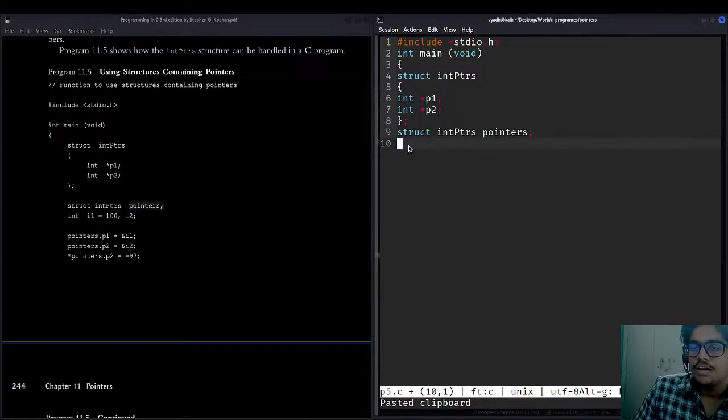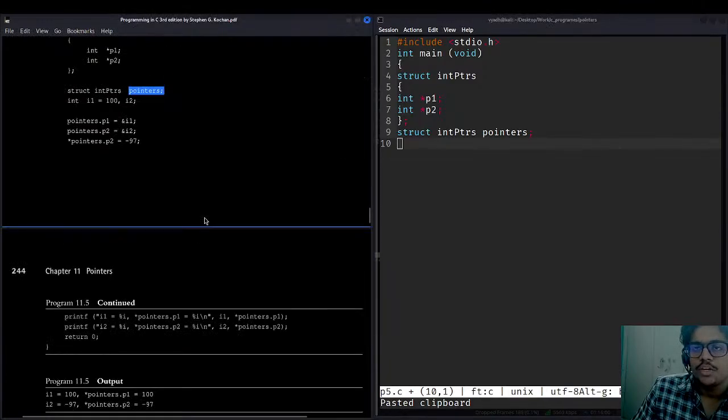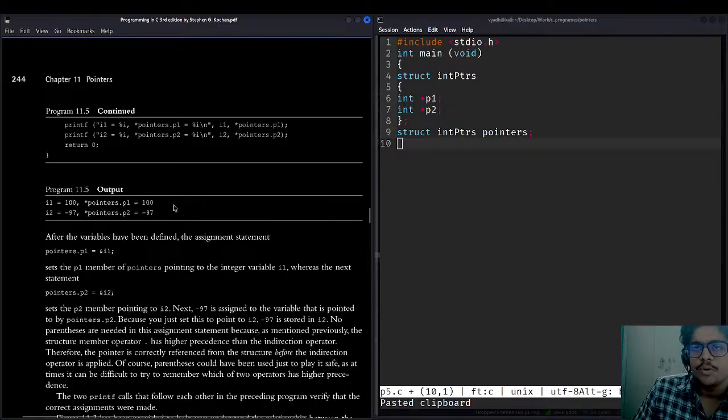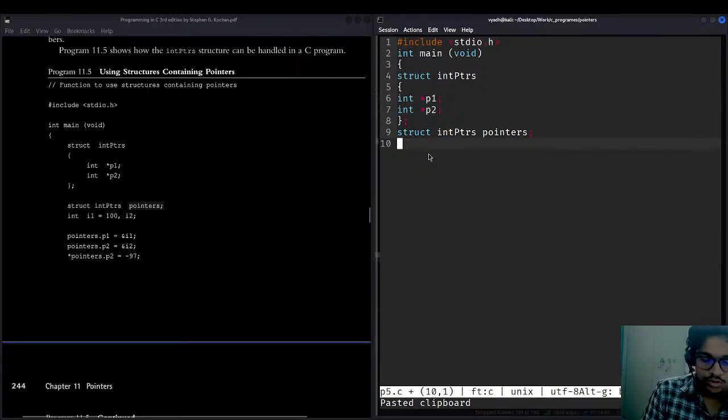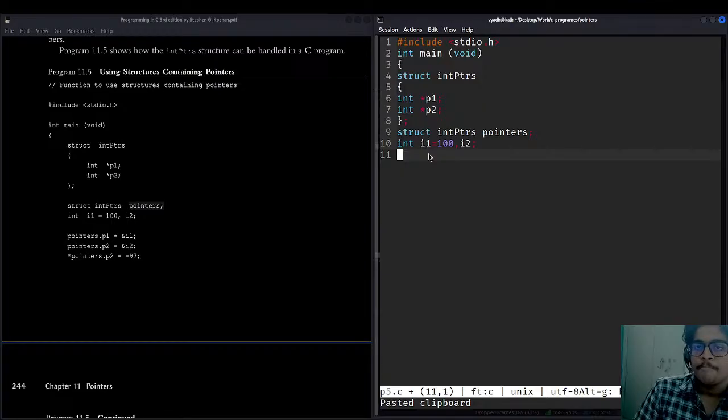So in this they have taken int i. What they are doing here: i1 is equal to 100. So now they are taking two integers, int i1, which is equal to 100, and i2 is nothing. Nothing is defined or declared here, it is just an integer. Now pointers.p1 is accessing the p1 pointer.